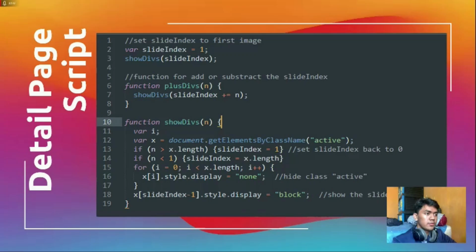The showDiv function hides all the elements with the class name active and displays the element with the given slide index. If the slide index is higher than the number of elements, the slide index is set to 0, and if the slide index is less than 1, it is set to the number of elements, X length.